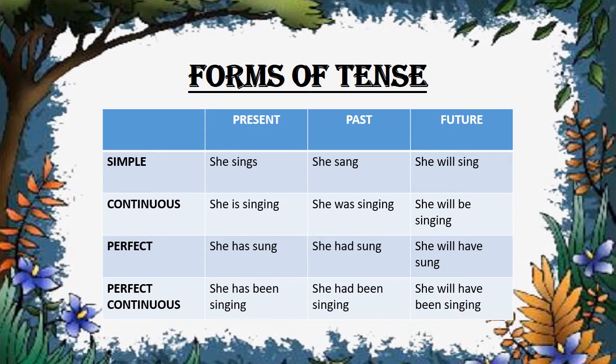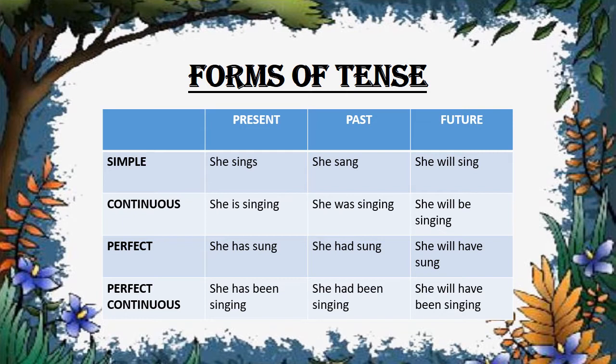And look at the verb here, children. Sing is the verb, sing is the action. Am I right? Singing is an action, right? Along with sing there is an s added to it. Sing is the base form. I told you the three forms of verbs are very important. Only these three forms of verb play a major role in tense. So sing is the base form of the verb and s is added along with it.